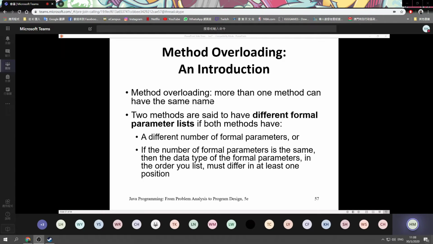The definition is that it means more than one method can have the same name in a class. It means within a class we can have more than one method with the same name. But two methods are said to have different formal parameter lists if both methods have a different number of